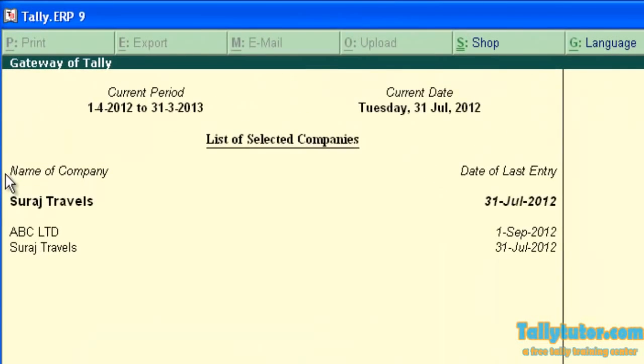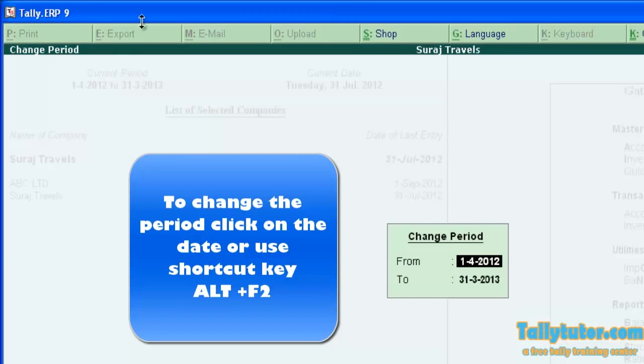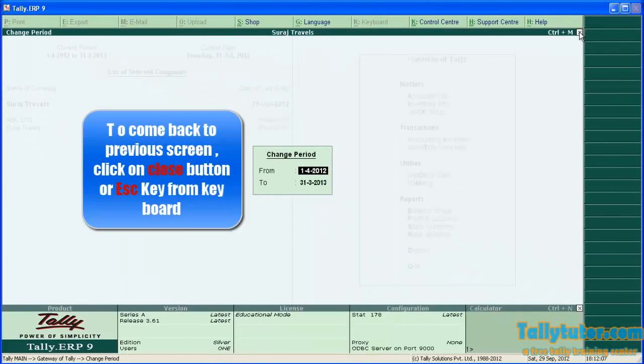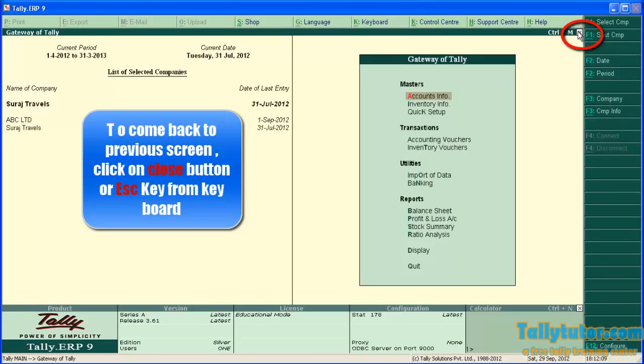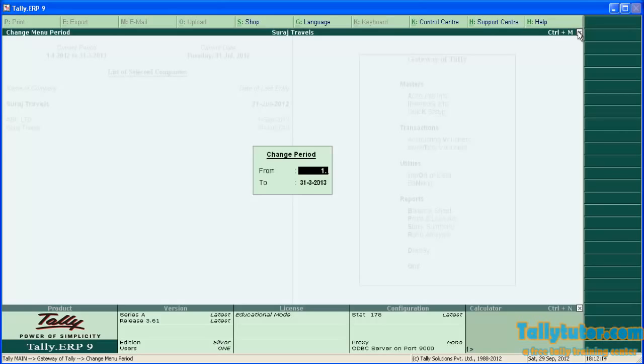On the left hand side of the main area you can see some information. Current period. To change this period, either click on it or press Alt F2. To come back, close this button. Use Alt F2 to change the period.